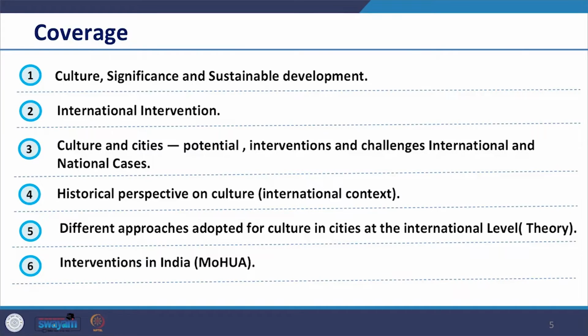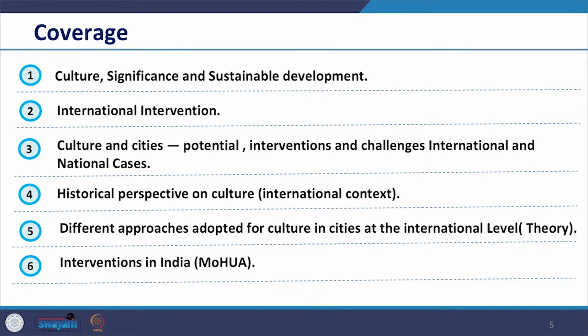So accordingly, today's lecture will cover culture, its significance and why it is important for sustainable development. We will look at international intervention, then we will look at culture and cities, and what the potential interventions and the challenges are. Thereafter, we will look at the international and national cases in brief to see how we connect culture with city